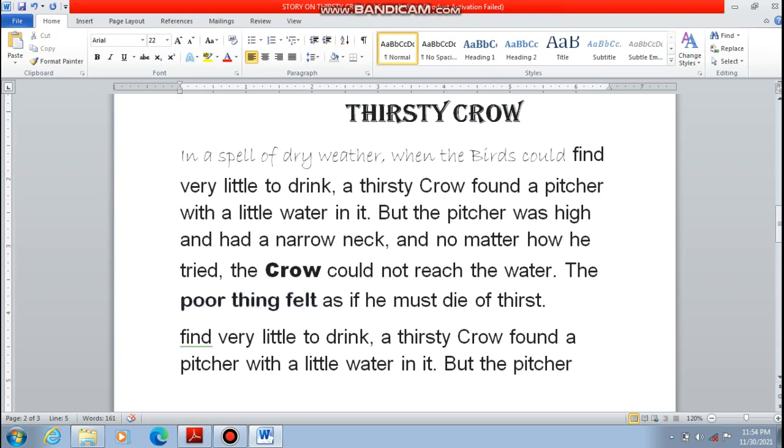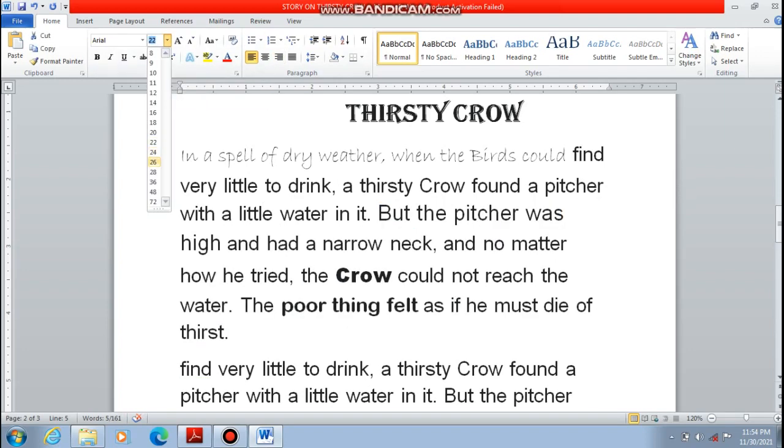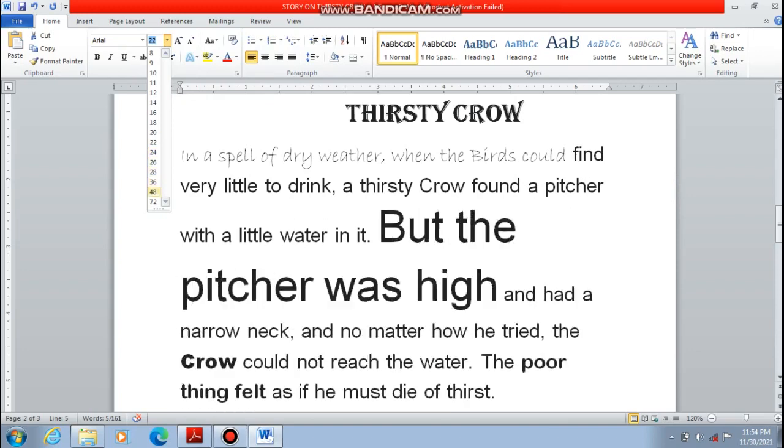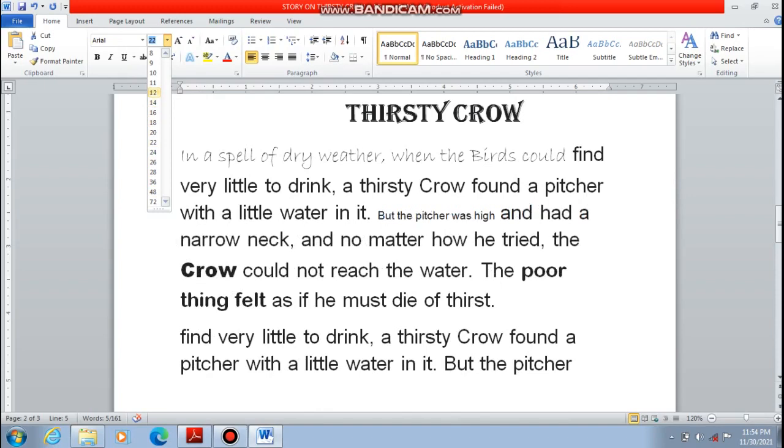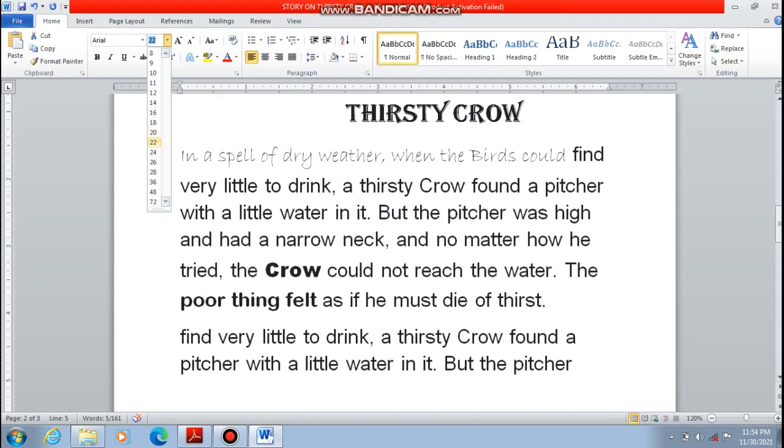Now if you want to change the font size, अब इसका size बड़ा छोटा करना चाहते हो, so first of all again you have to select the text. So I'm selecting these words. Now I want to increase and decrease its size. So whatever size you choose, it will be changed into that one only. जो भी आप इसका size choose करोगे, that size will be increased and decreased accordingly.